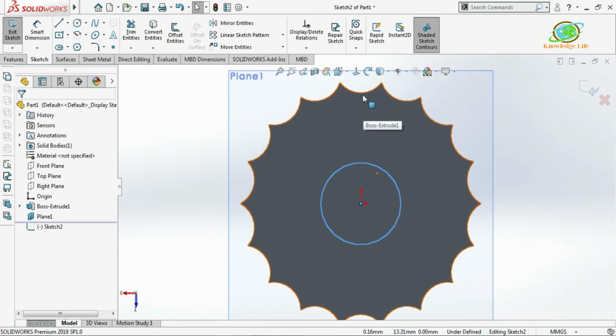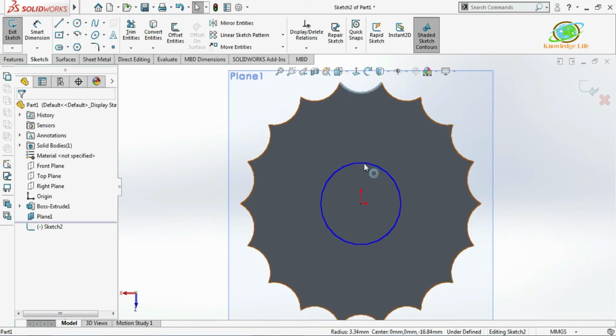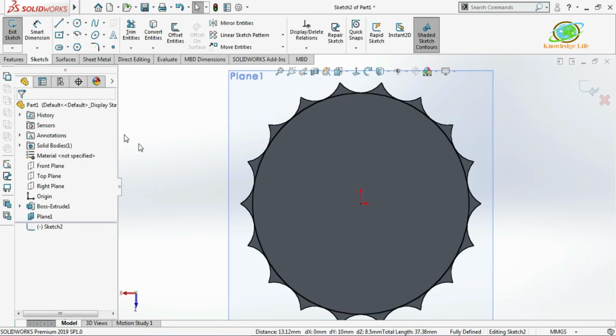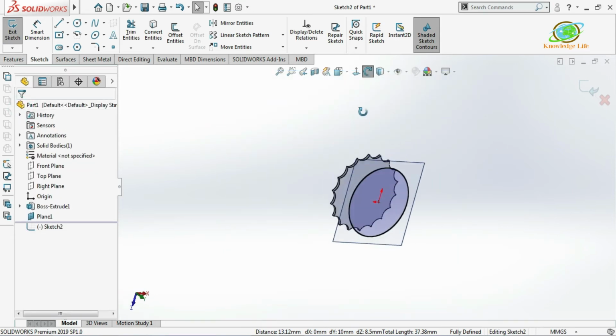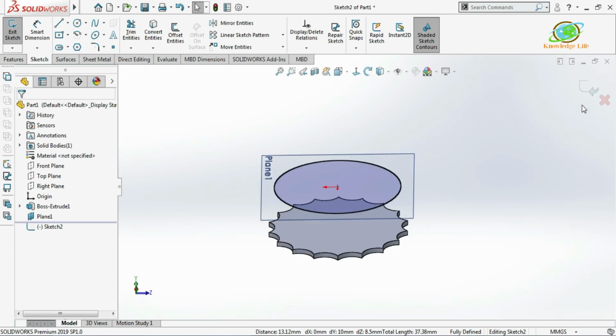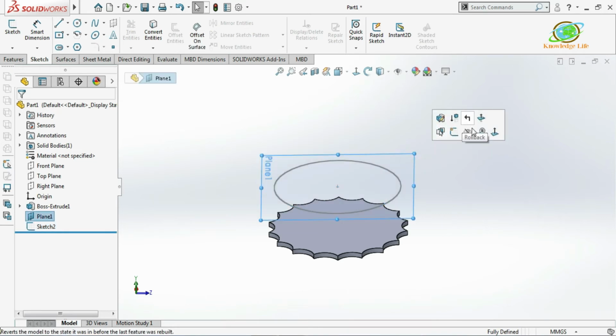I'll give the relation tangent between this arc and this circle. Now go with this OK. Right now you can see the sketch is fully defined. Now exit from the sketcher. If you want, you can hide the plane also.